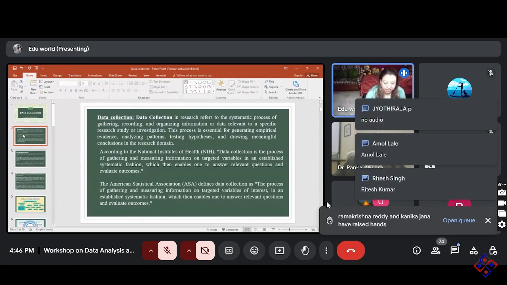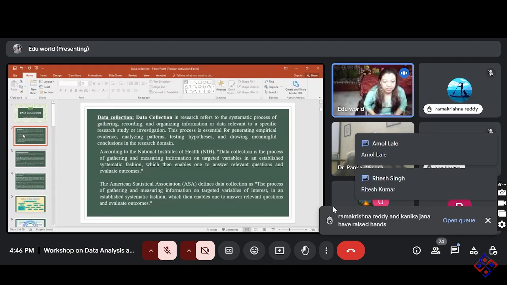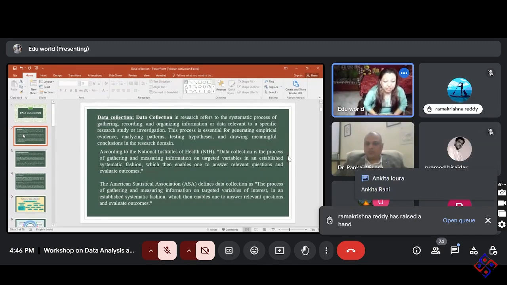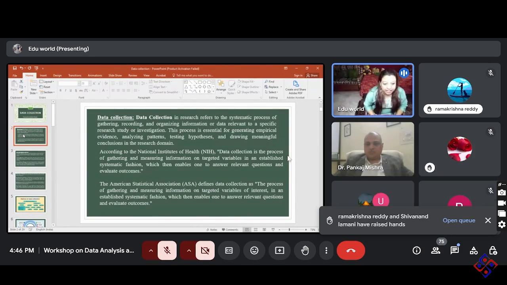Based on the research gap, we move towards the third chapter, the research methodology part. In this part, most candidates have a problem with how to collect the data. Even if they collect data, we need to standardize it. In most of the studies I have seen, they have collected the data, but